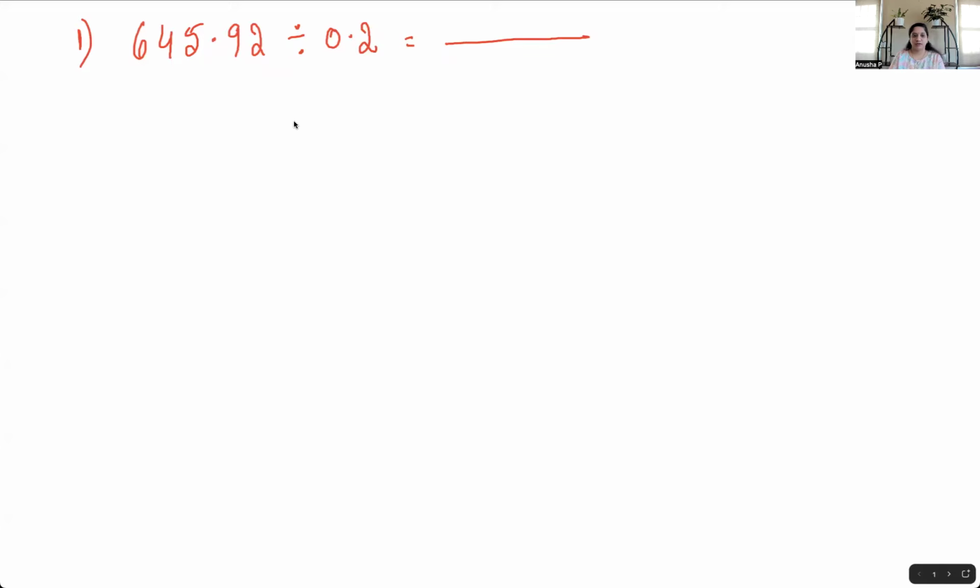The first example we have is 64.592 divided by 0.2. This one is called the dividend, and the second one is called the divisor. So the divisor is a decimal number here. So in that case, we have to do